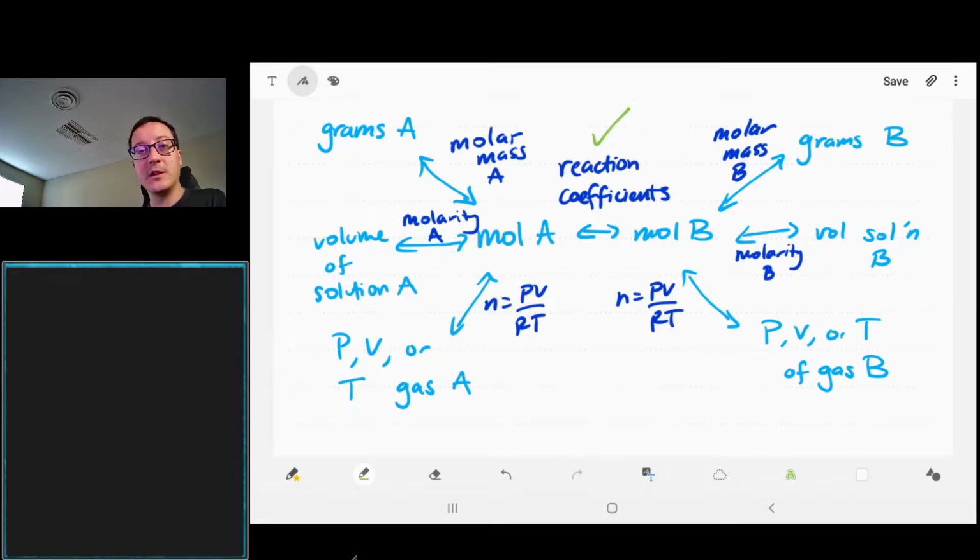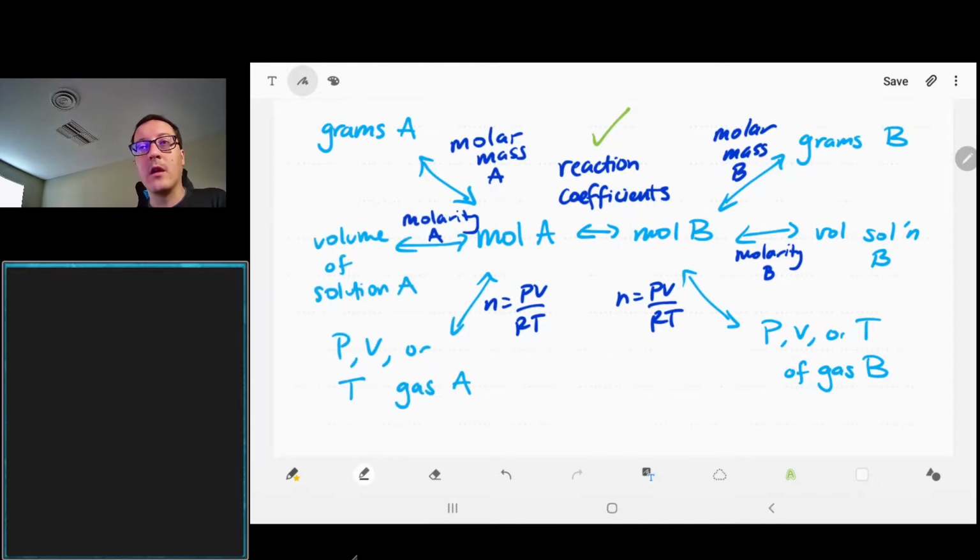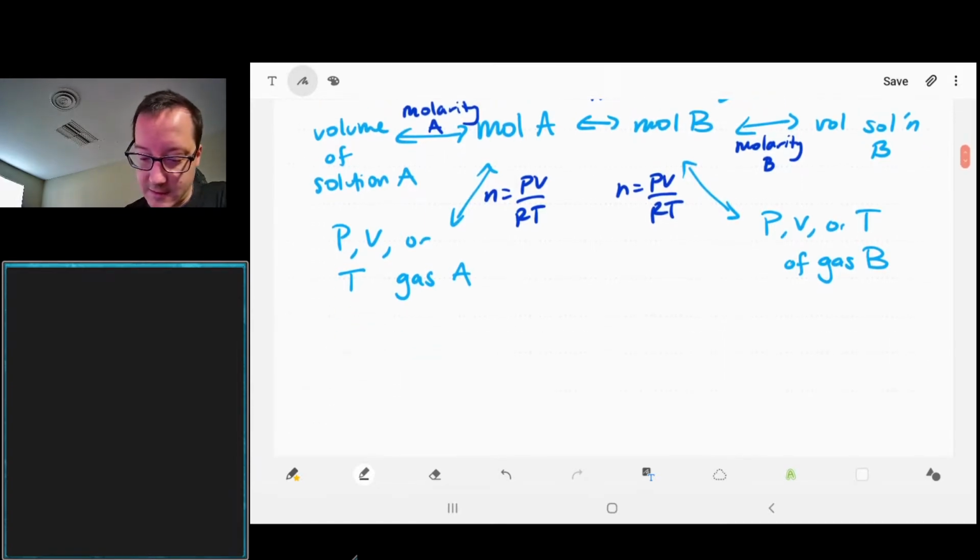what we're really doing this chapter is just applying these reaction coefficients that we dealt with when we were balancing equations. With them, we did a couple of examples all over the place. Let's start with one now. Let's say we have this reaction. Well, this is not one that can happen, but